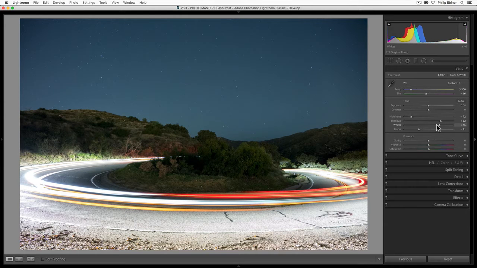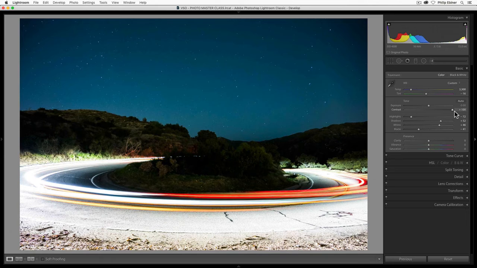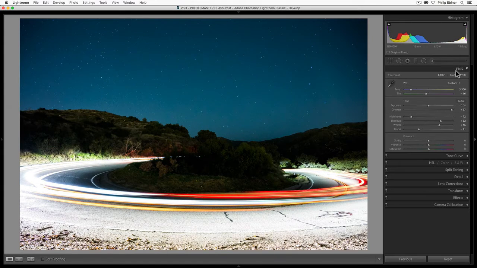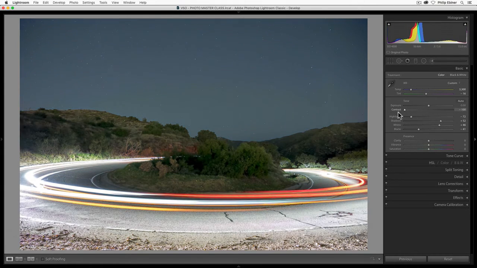Contrast is something we've probably covered in this class before too, but basically what that is, is the ratio between the darks and the brights. So a very contrasty image will have very dark darks and very bright brights. So if I increase the contrast slider, you can see, and looking at the histogram is a good option, you can see that the darks and the brights kind of spread out. Whereas if we drag this to the left, everything comes into the middle, becoming less contrasty. Everything is more along the mid-range of exposure. So that's what contrast is.